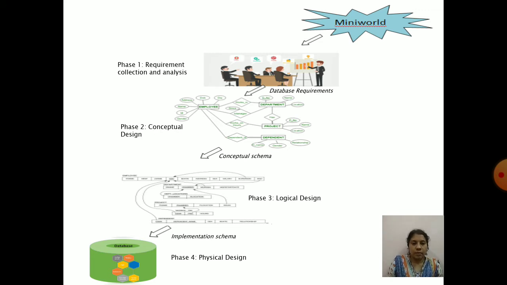Once the logical schema is ready, then we have to go for the physical design. Okay, sorry, once the implementation schema is ready, from the implementation schema you have to generate the internal schema. For that, we will decide about the different storage structures: physical storage structures, access paths, file organization, and indexing. All these will be decided in the physical design, and described using ad hoc methods. Okay, so these are the different phases in the database design.